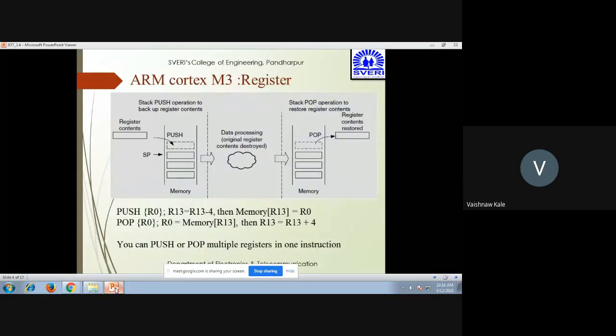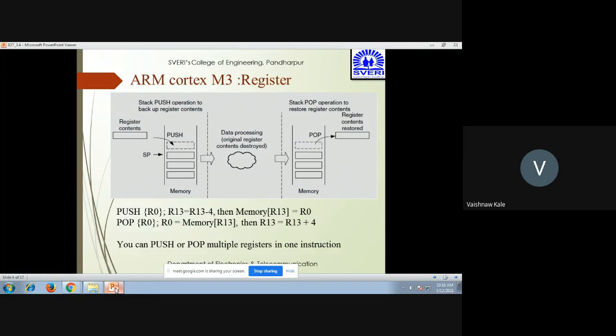Now this is how push and pop work. You can see there is a stack pointer, there is a memory, there is a push, and on the right side there is a pop. The stack push operation is used to back up register contents.